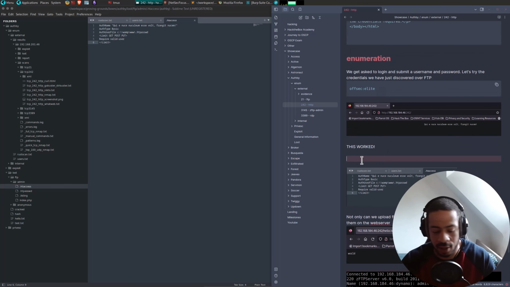We noticed that within the htaccess file, we have permissions to get, post.